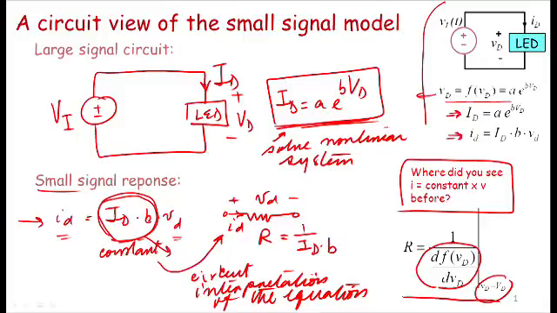So what this says is that you take your function, or any element, and for small signals you take the derivative of the function as shown here, and in this particular instance it ends up being a resistor of value 1 divided by IDB. So for our little device, the current is related to the voltage using a resistive relation. Let's just stare at this for a second. This is actually pretty remarkable. What is this really telling us? This is telling us that for this LED device, which had an exponential relationship, for small signals, that device behaves like